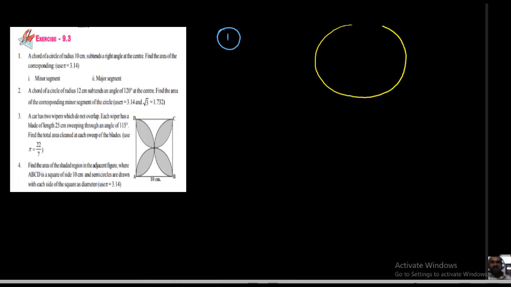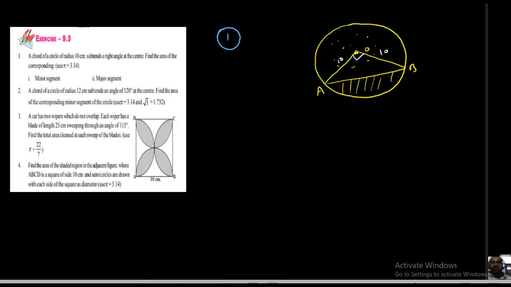This is the circle. This chord is dividing the circular region into two pieces. So this is one, the dotted one is one, and this is another. We want to find their areas. Given that this chord is making 90 degrees at the center, that is interesting. Radius is 10.